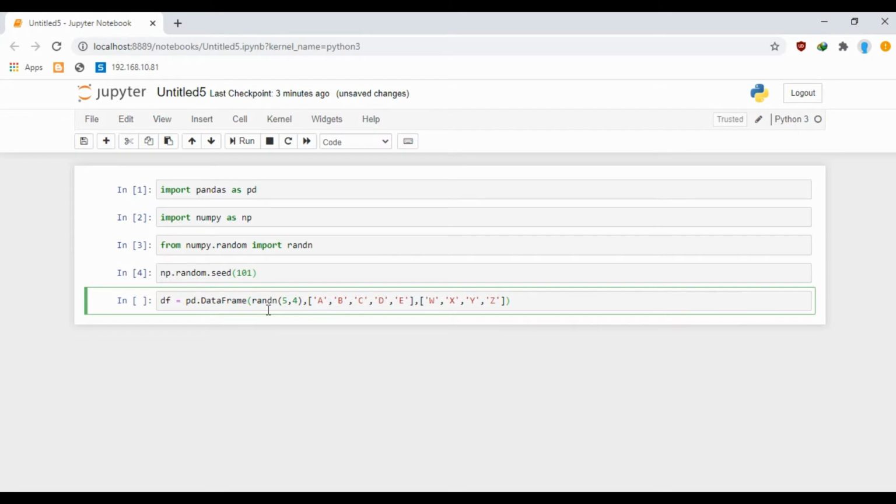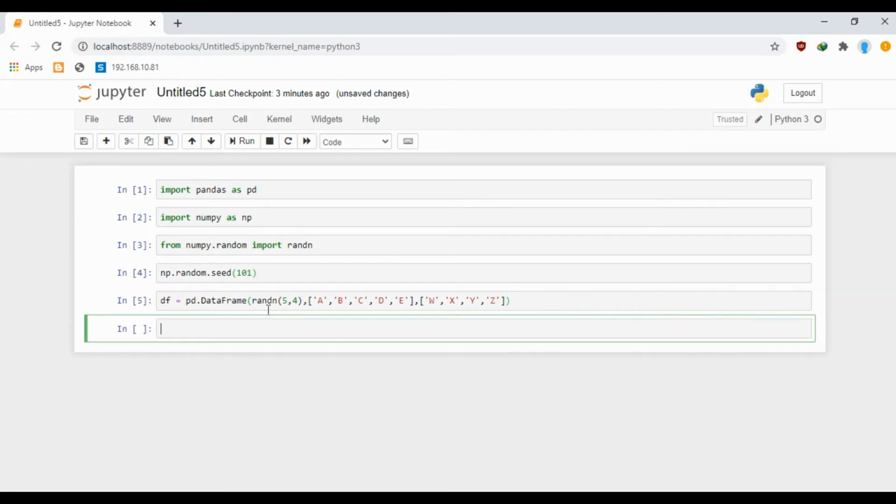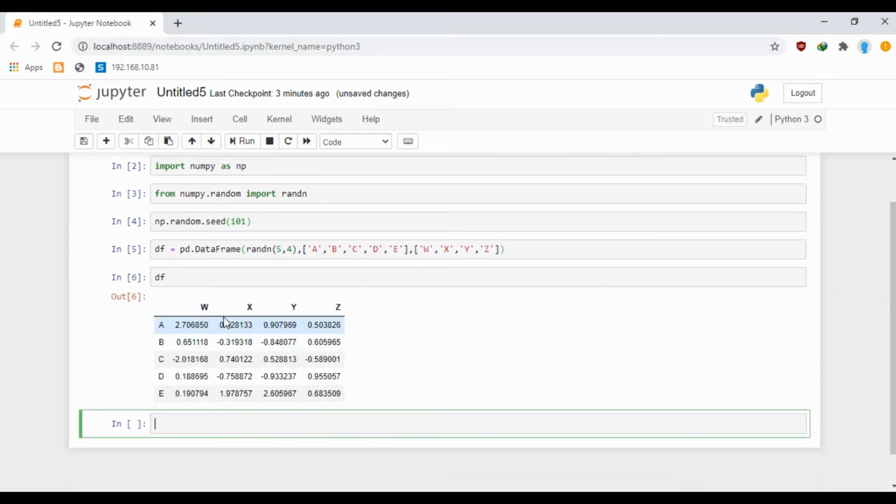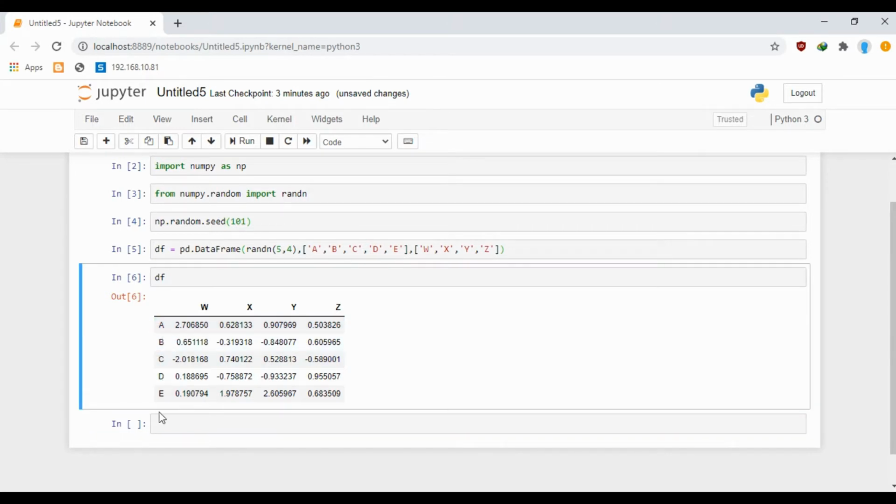Now for the third argument, let's pass in a list. Now if we take a look at our data frame, you can see that the index has been set to A, B, C, D, E, and it consists of 4 columns W, X, Y, and Z, and it consists of random numbers.